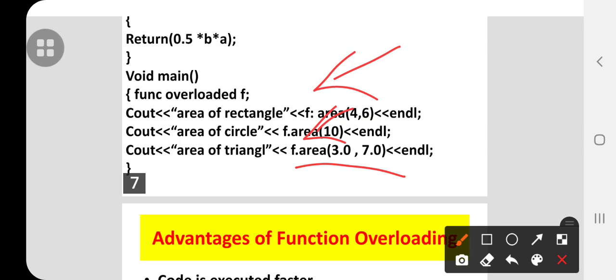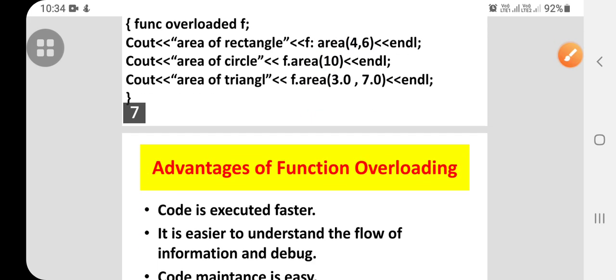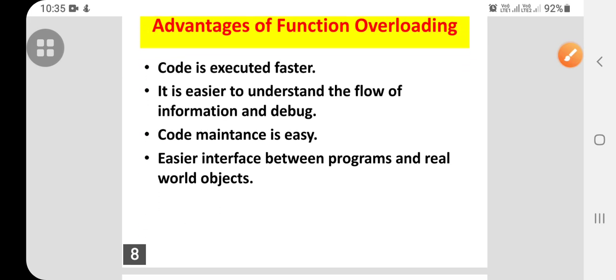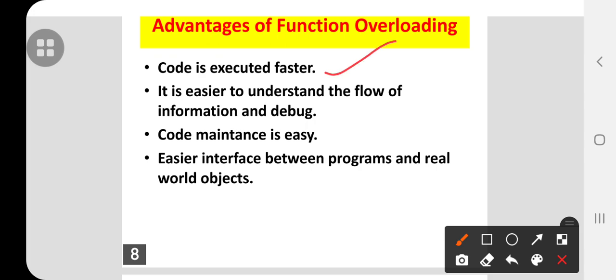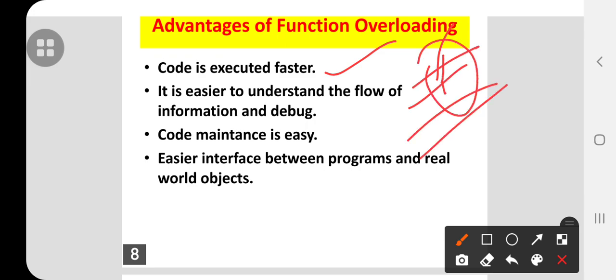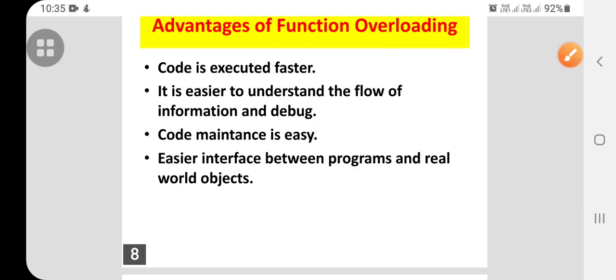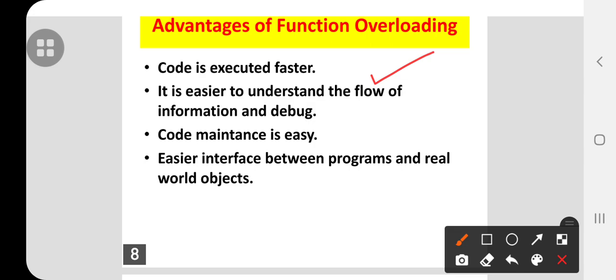Okay students, I hope you all have understood this. Next I will be moving on to the advantages of function overloading. Coding is executed faster, because since you are writing only a minimum number of lines in the program, the code is executed faster, and it is easier to understand the flow of information and to debug. Is it right?